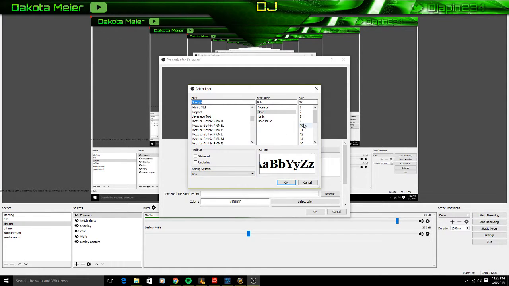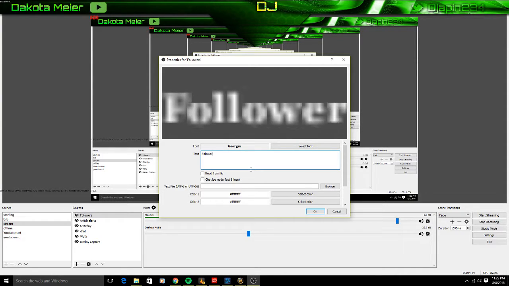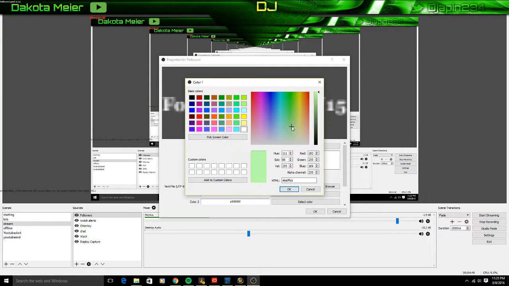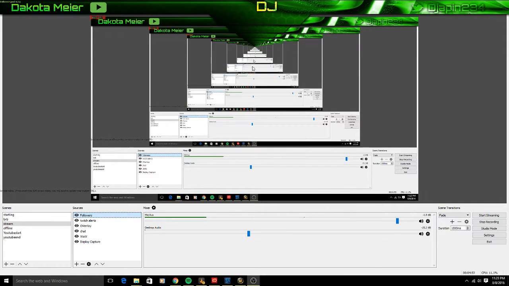You could do your size, and your size is your biggest concern. For me, I'd probably be doing around an 8. And you can press OK, and you can type in your text, and then you can go from like follower goal, which is going to be like 0 out of 15, and then you can go into here. And you can change the actual color of it, and I'd be doing green because my thing's green, and boom, and then press OK, and then you can go